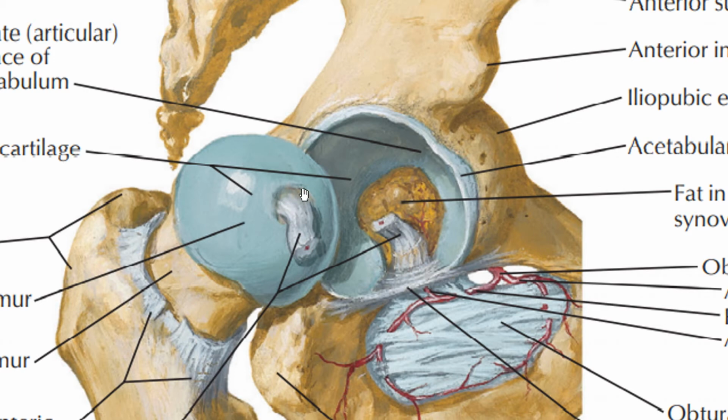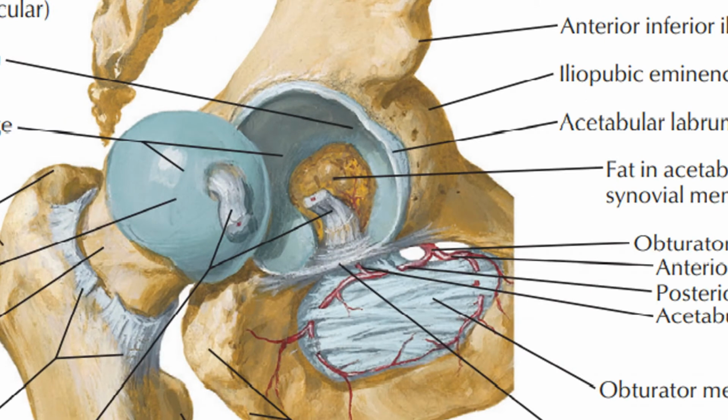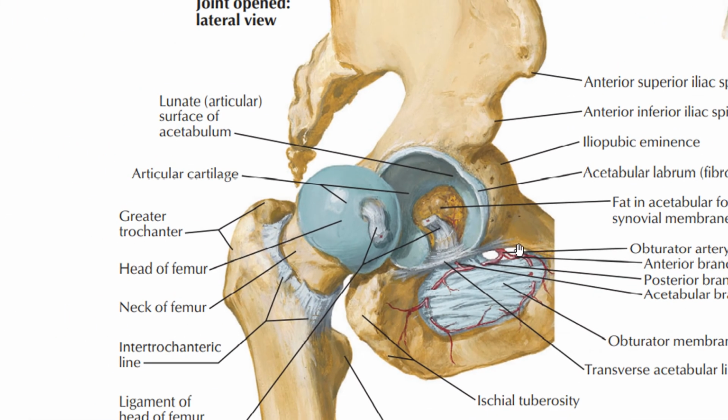On one end, it is attached to the head of the femur, and on the other end, it's broader and gets attached to the transverse acetabular ligament. If you look further and carefully, you can see a red dot within the center of this ligament here. It is actually a blood vessel, which is a branch of the obturator artery. Here we have got the obturator artery. It is a branch of the obturator artery, and this branch traverses or passes through the